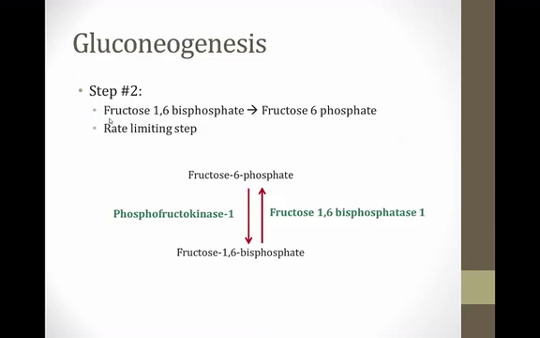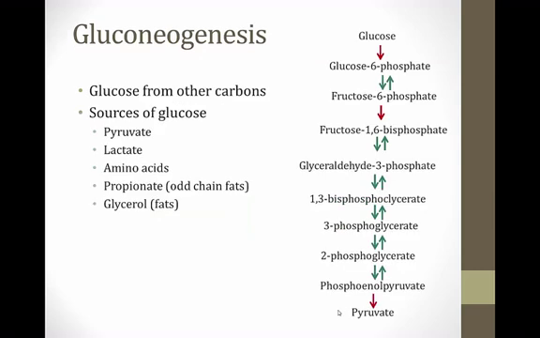So back to our steps of gluconeogenesis. Once we have synthesized a molecule of phosphoenolpyruvate from pyruvate, we can then go backwards through glycolysis until we reach a molecule of fructose 1,6-bisphosphate. If we go back to our overview slide of glycolysis here, once gluconeogenesis has synthesized a molecule of phosphoenolpyruvate from pyruvate, it can then go backwards through the reversible reactions of glycolysis until it reaches the level of fructose